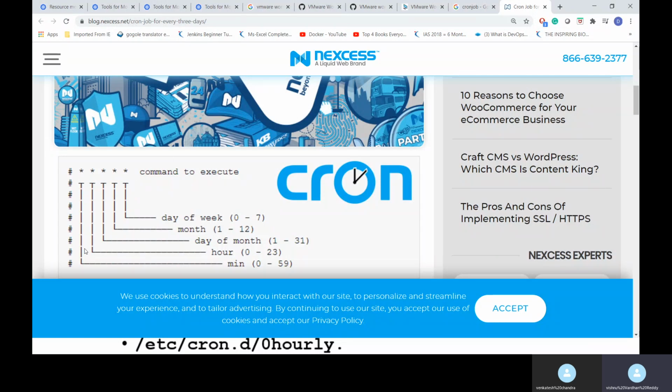The first star indicates the minute, from 0 to 59.